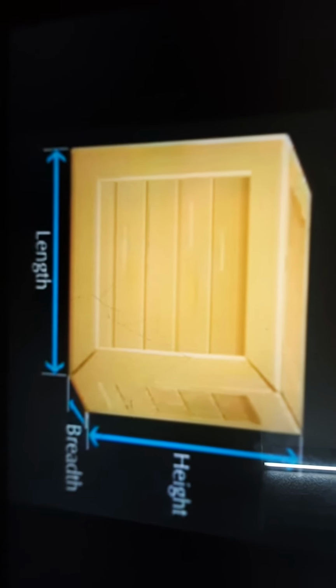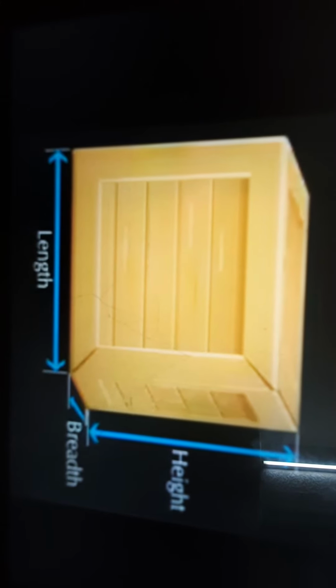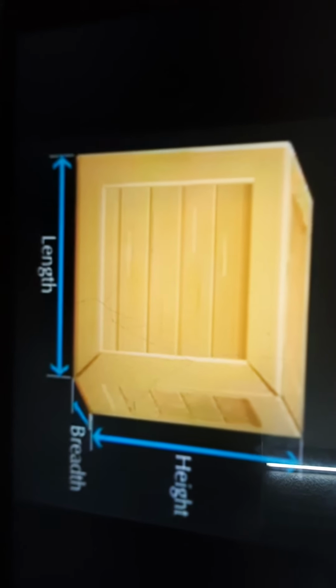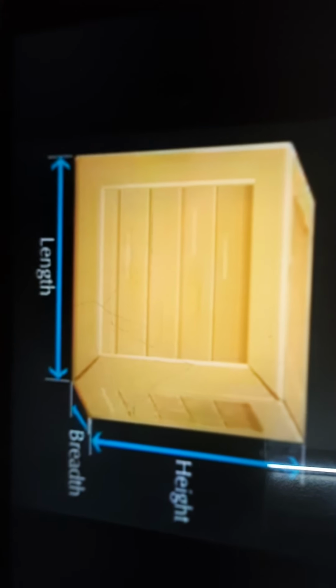So this kind of three-dimensional objects we can see around us. Let me share some more examples with you to understand the 3D objects, meaning three-dimensional objects. So dear students, in this picture, you can see many more three-dimensional objects, as I have introduced this object to you. This is a cuboid. We can call it a cuboid if its faces are rectangular.